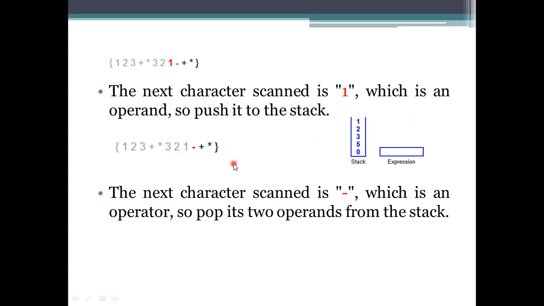Whenever you are performing addition or multiplication, changing the places of the elements causes no problem for the processing. But with minus or any other such operator, the order matters.